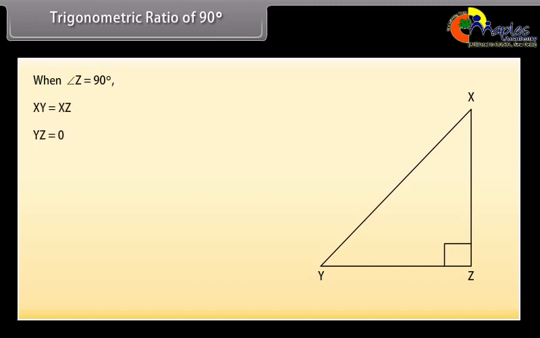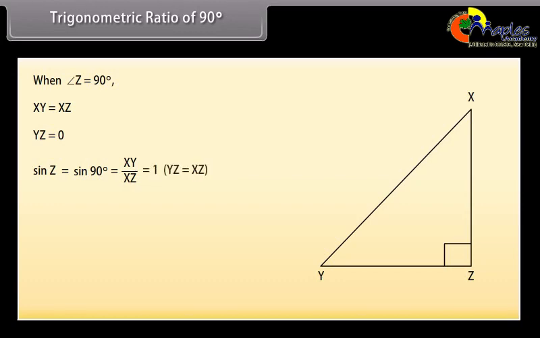is 0. Let us understand what happens to the values of trigonometric ratios. Sin Z is equal to sin 90 degree, which equals XY upon XZ, which equals 1, as YZ is equal